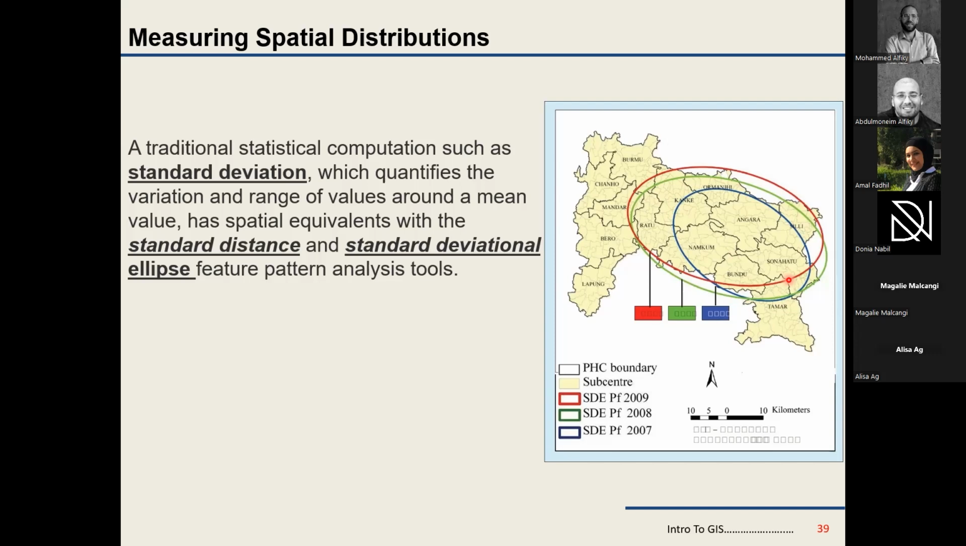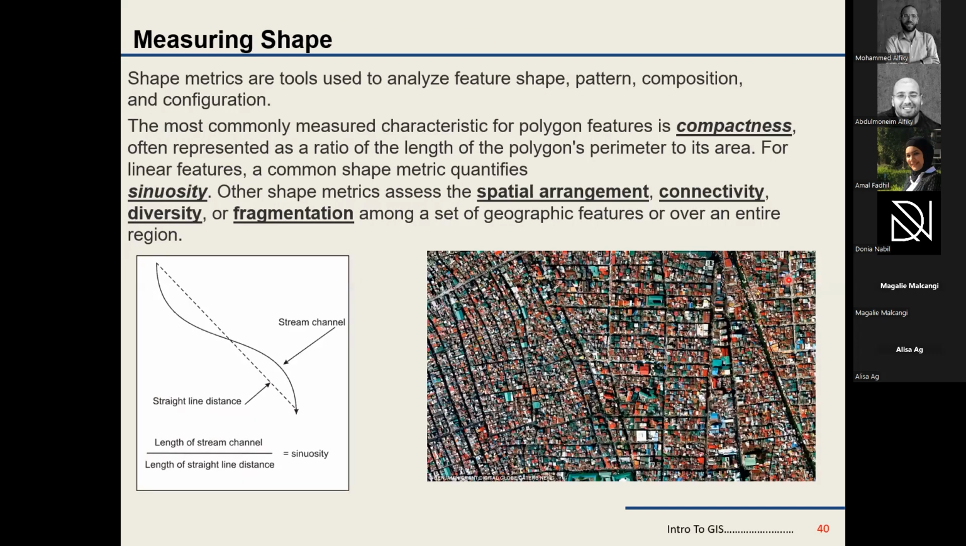Another thing that we can measure besides spatial distribution is measuring shapes. While working with our data, we have to understand that most of the spatial data is based on geometry. It's basically geometry, and understanding the shapes of those geometries, their pattern, composition, and configuration, is an important analysis tool. So if we look at a map like this, or sorry, a satellite image like this,